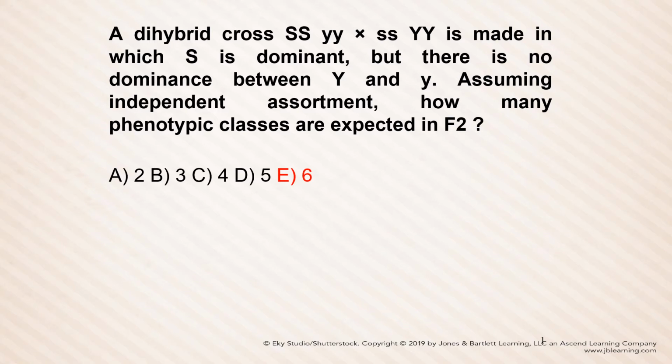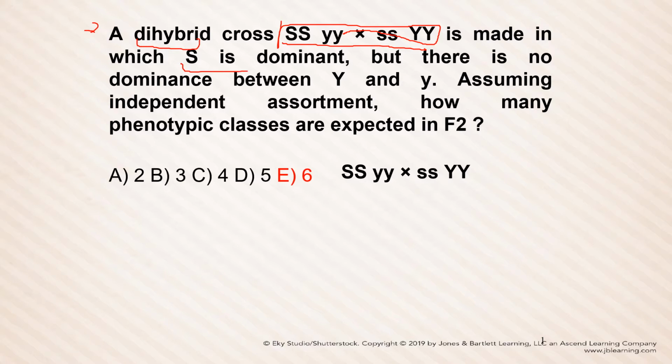So to solve this exercise, remember, you have to read this. You have a dihybrid cross, and you are crossing this, and this has something very particular. I want you to analyze which ones are dominant and which ones are recessive. And you have that S is dominant, so it's similar to what Mendel did, but the gene